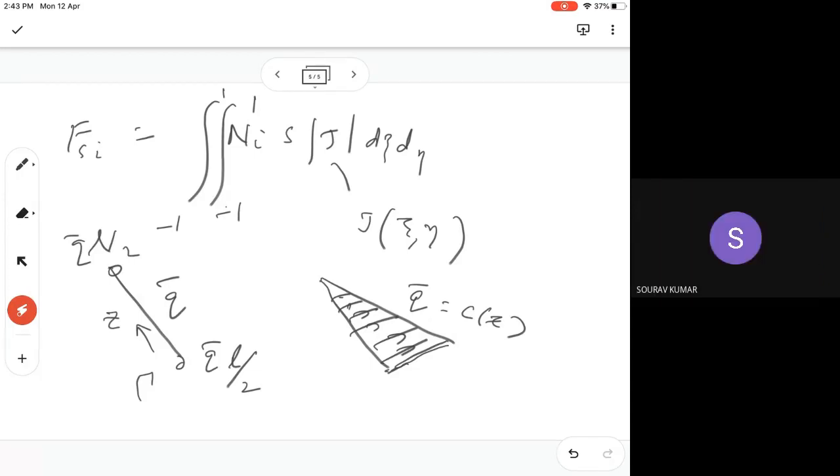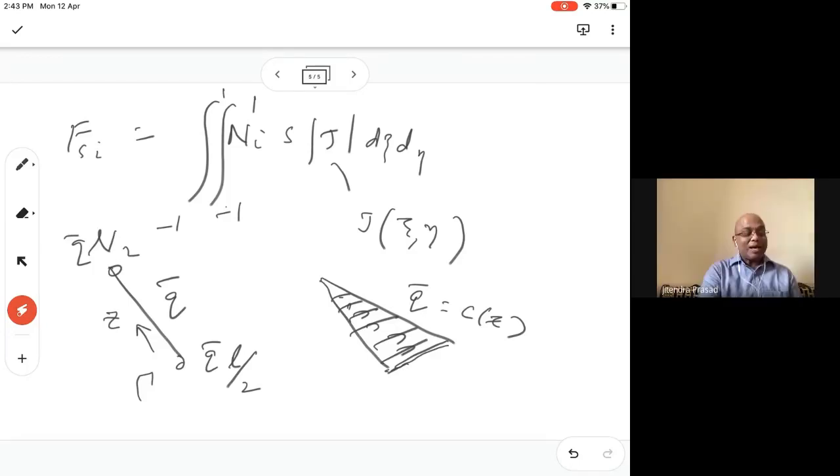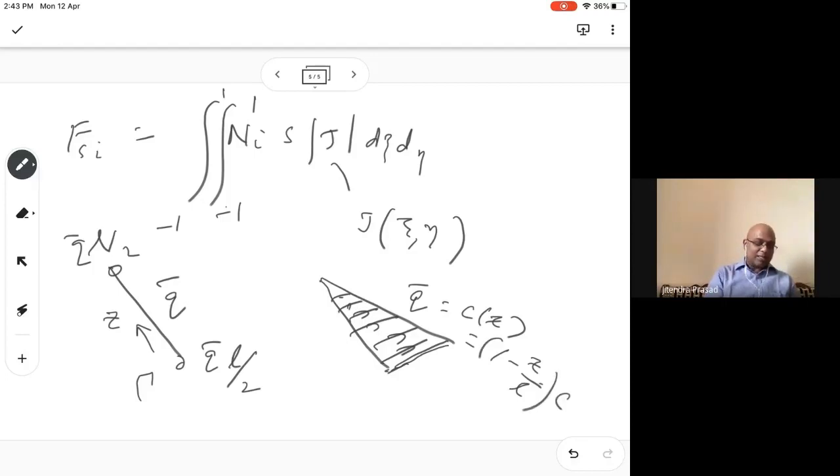Integrate, sir. Yeah, integrate, fine. But can you guess? What I'm saying is this is triangular. What you see is triangular. So C I'm giving you as equal to 1 minus Z over L, not X. Like C, it's like this one, so that if Z is 0, then you get maximum C. When Z goes to L, you get 0. So this is how it is given.